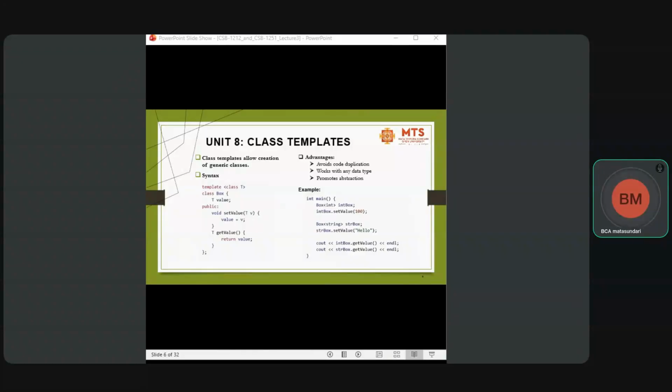T is the template parameter, so we have written here class T. Class Box. Then under Box we have put the value, T value. Is it public or private? It's public. We have taken here public. So void setValue(T v) { value = v; } Then T getValue() { return value; }